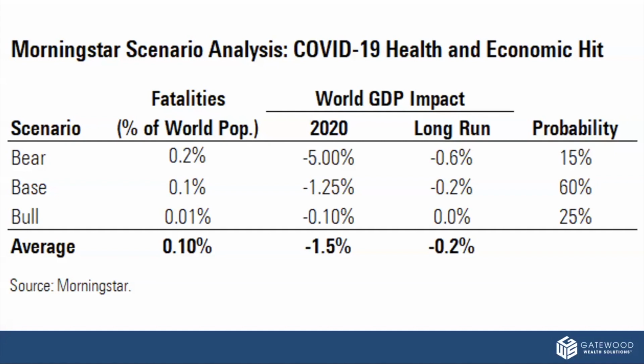Let's move to the bull case scenario. The probability of this occurring in a model at this time is 25%. So this is more likely to happen than the bear case in the model. 10% infected, or 770 million people globally. This would be the high end of a seasonal flu. So a very infectious flu virus usually infects this many people.